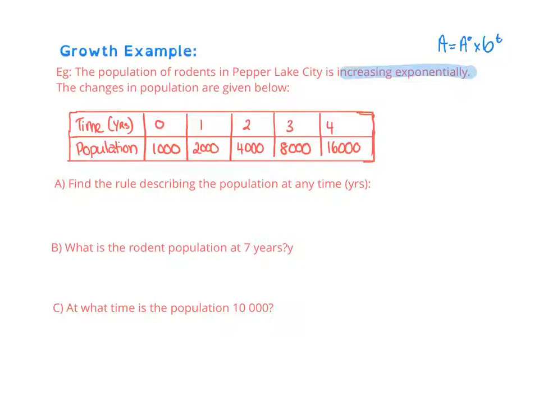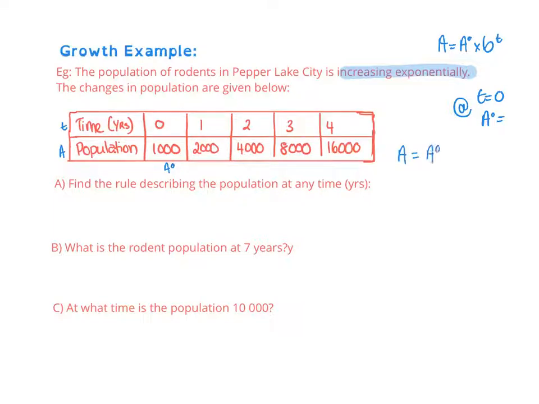If you have a look, A0, so now remember t, when t equals 0, that is also going to be A0. That's what A0 will be at t equals 0. So your A0 here is going to be the 1,000. Can you see that? When you've got no time. If you look, this is like your A and this is like t. So if you think about it, if I pop that into a basic formula,